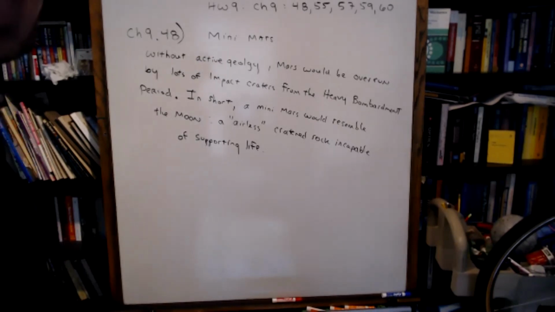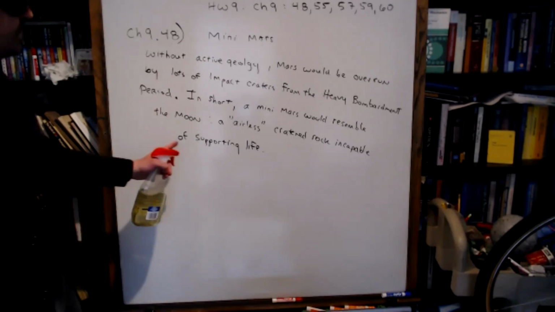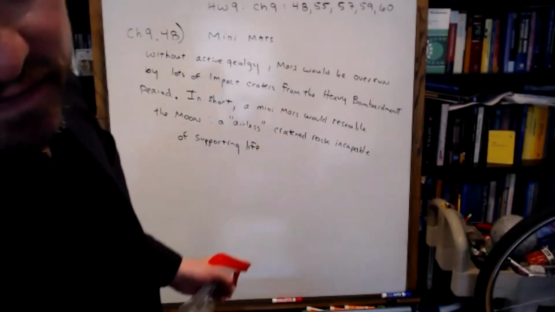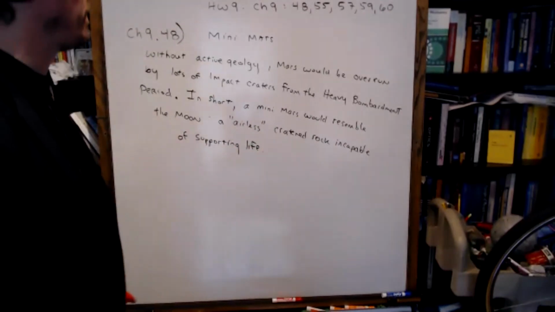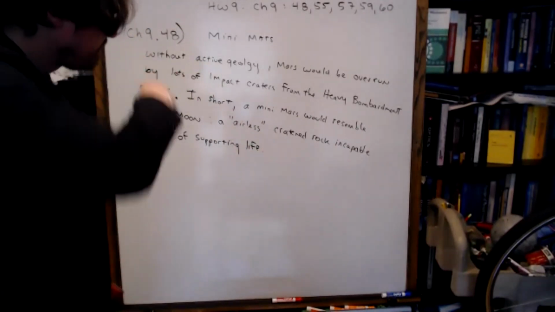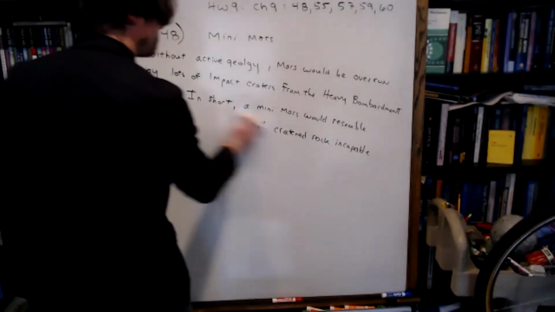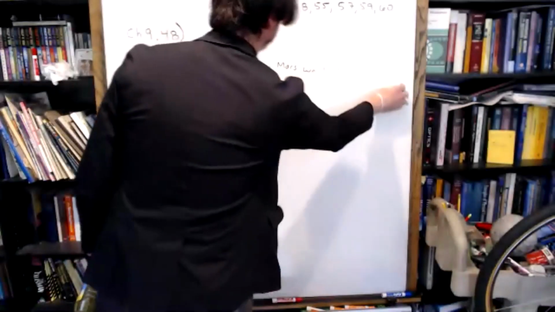Okay, Matthew, we good? Yeah, what is that word on the last sentence say? It says an airless what? Cratered rock. Sorry. I was writing badly and fastly. Cratered rock incapable of supporting life. Okay, you can erase that. Okay. Thank you. Yep, my pleasure.